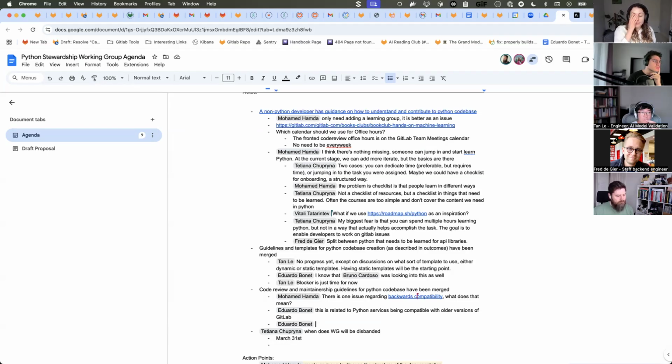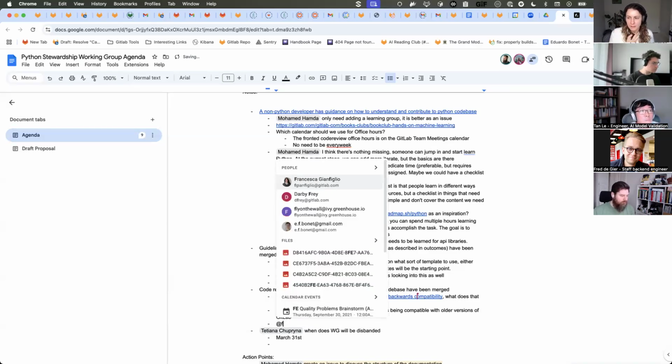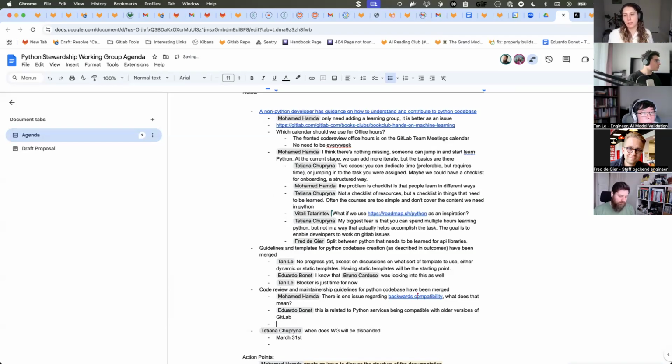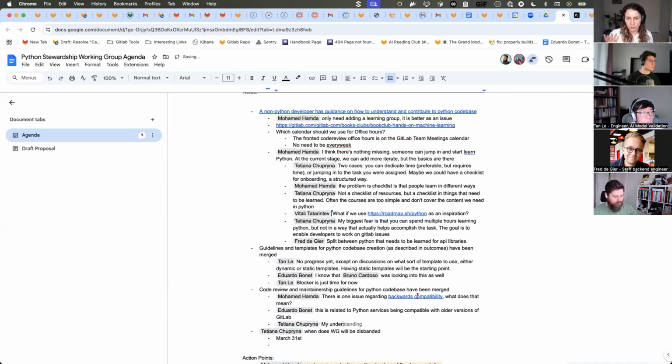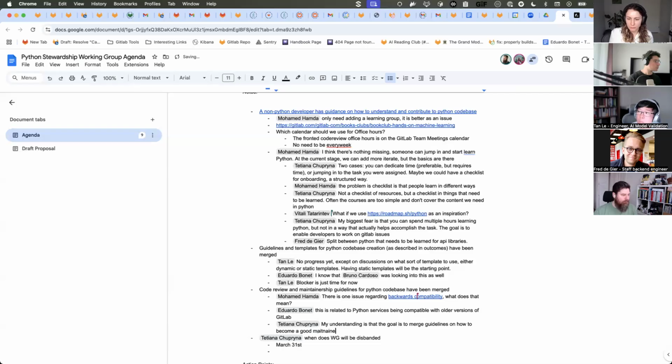Okay, so just my understanding of the goal for the code review and maintainership guidelines for the Python codebase that have been merged: the goal is to create enough documentation, resources, and processes for people to step in as maintainers for Python projects in GitLab, and then successfully actually do this job. So they can step in and know what to do. With how this issue is framed right now, it doesn't seem like it contributes to this goal. And I would argue this is something that we need to move this issue to the AI Gateway